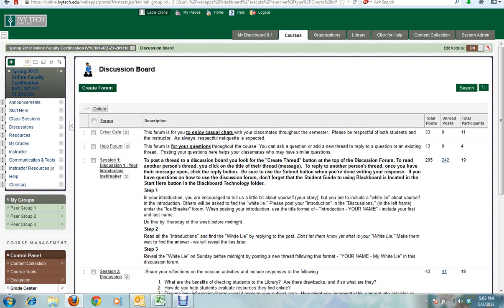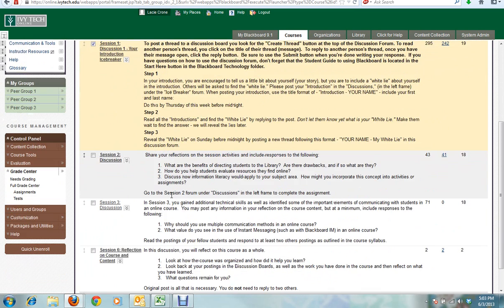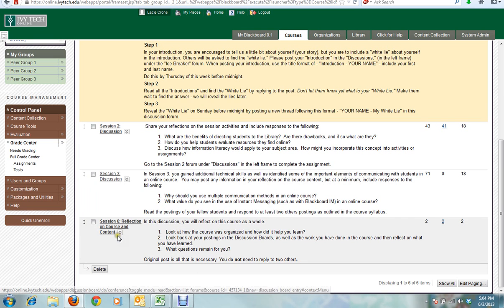One of the questions that has come up in some of the comments that you all have written is, how do you know what a student has posted in the discussion forum? Say that your course requires that they have an initial post followed up by two reflection posts. How do you know what they did? So the way that I will explain that is to show you the options that you have